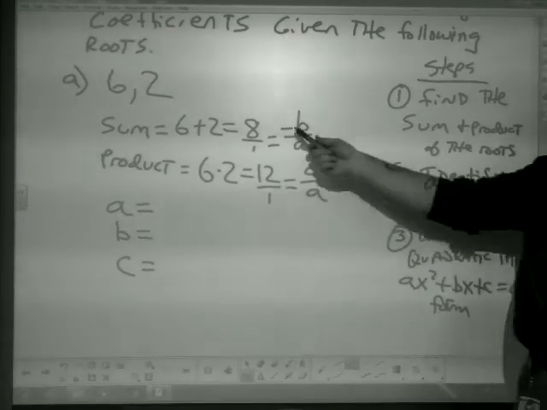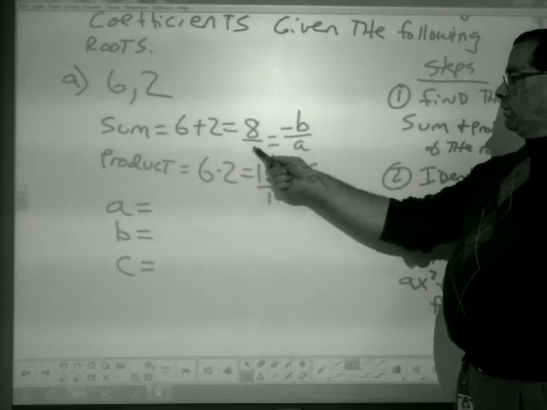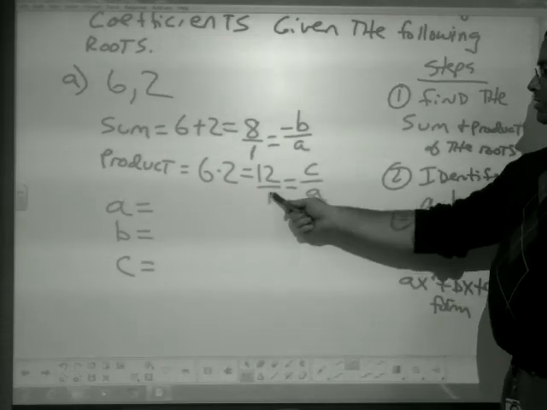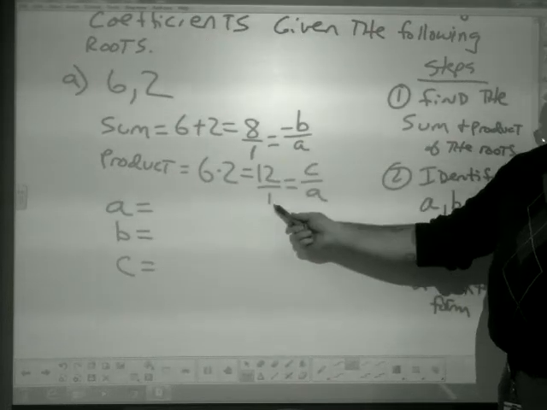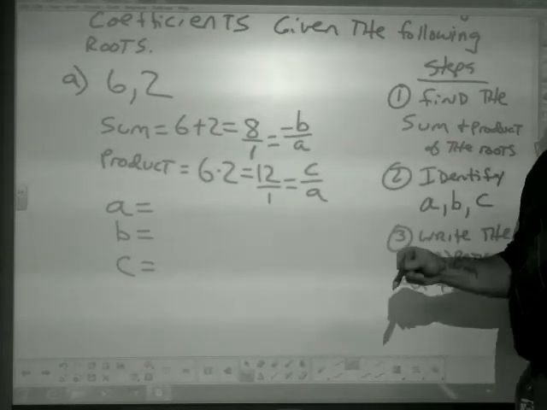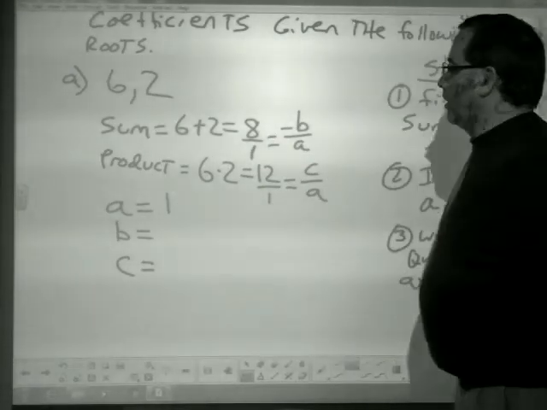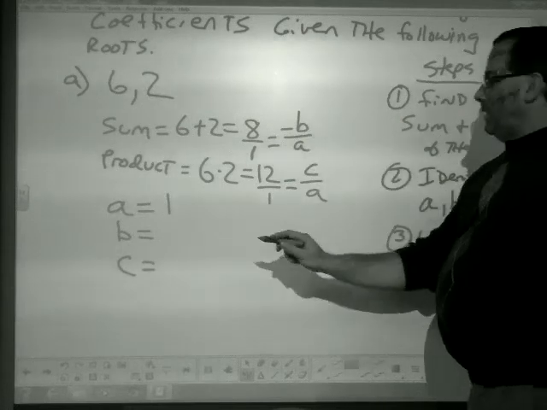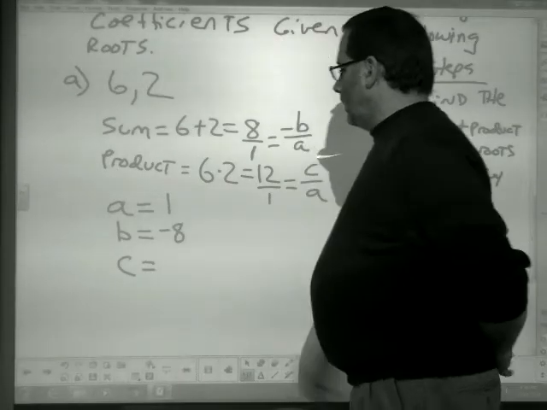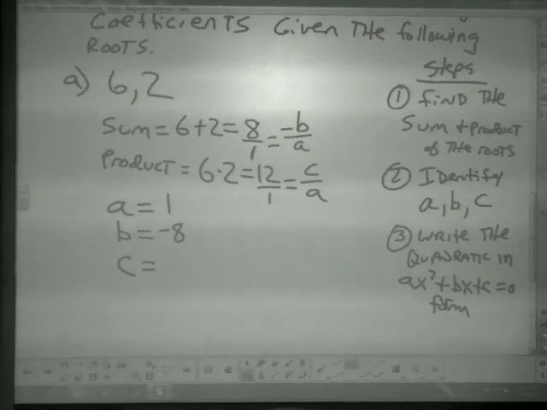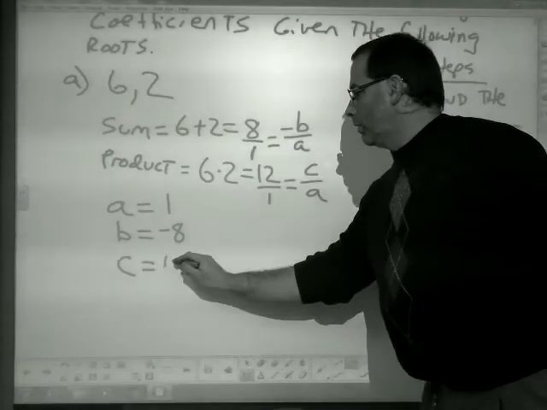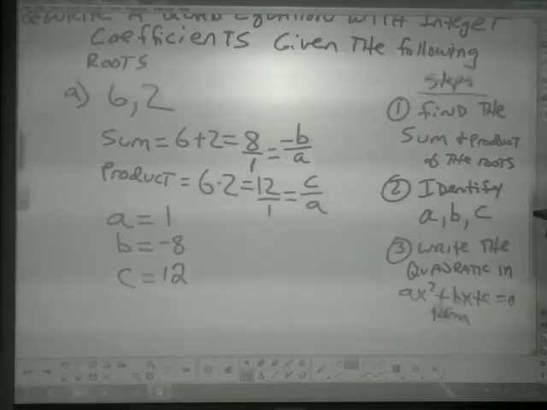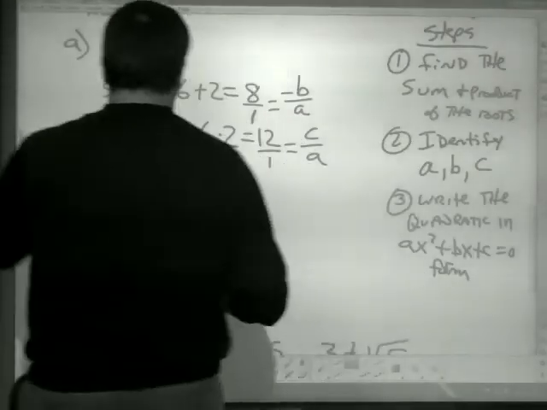Well, if the sum is opposite b over a, it looks like a might be 1. Product c over a, it looks like a is 1 because they have the same denominator. If they didn't, you'd have to get a common denominator to find a. But a is 1. B, well, 8 is opposite b, so b must be opposite that, negative 8. C must be 12. And if I'm going to write a quadratic equation with those roots, then I will write